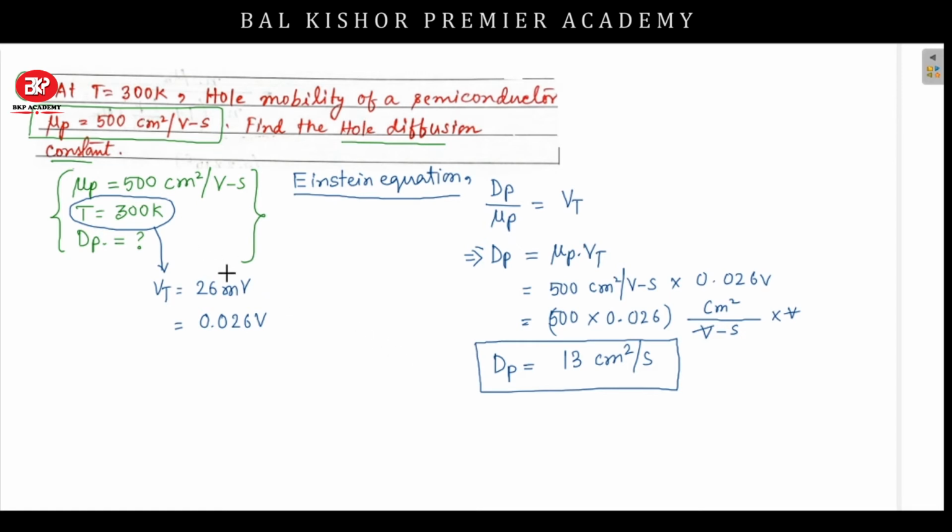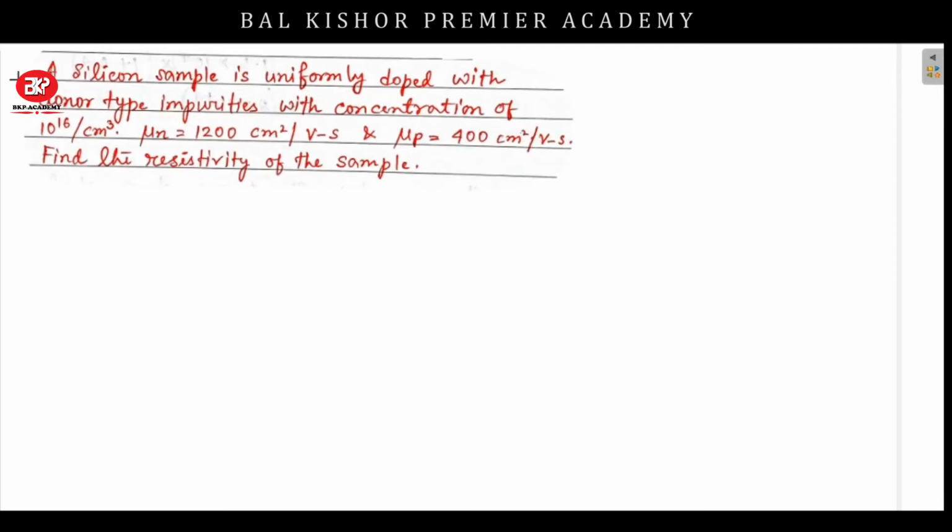So this was the third numerical. So let us move to the next numerical. The next numerical, that is the fourth numerical here, it is given that the silicon sample is uniformly doped